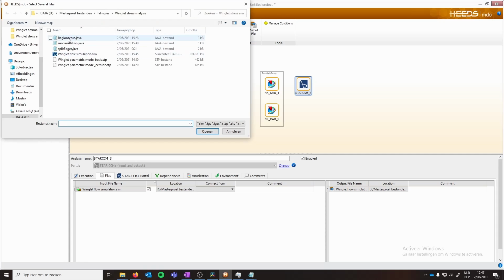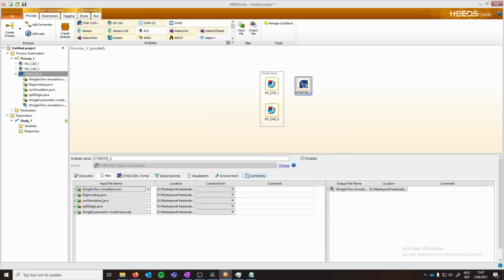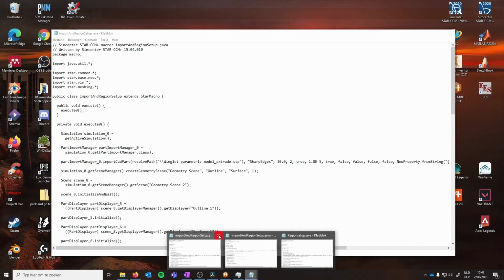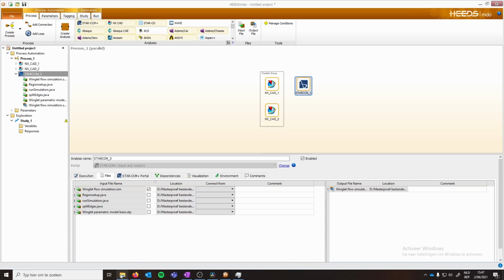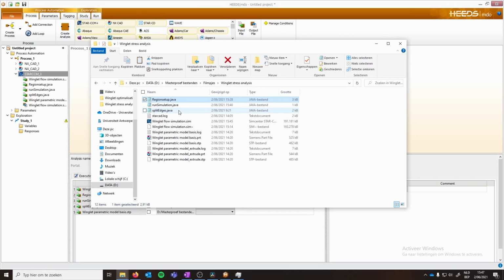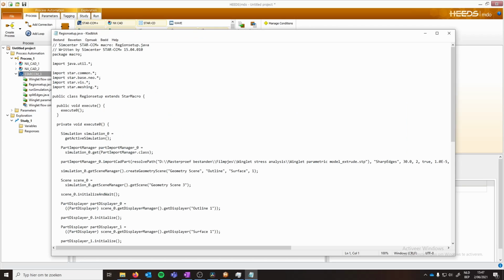Now we're going to add the input files. We need the Java macros, and then we only need the basis STEP file, because the extrude STEP file will be imported using the Java macro. Now there's also one thing we have to adjust, and that is within the Java macro. So this is the region setup, which will import the assembly file. We actually have to change this path. So as you can see, this is the absolute